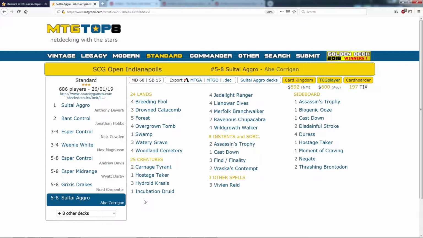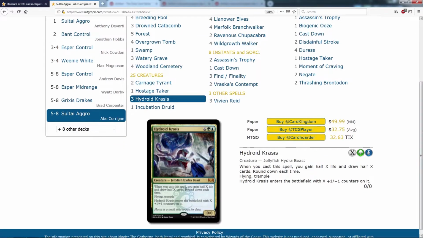So first off, we have Sultai Aggro. This is the Golgari package with blue splashed in for, what is it called? This one, the Jellyfish Hydra Beast. As I said, this was going to be a really big card, and it's proven in multiple tournaments now to be actually really good. I saw it quite a lot when I looked at the MTG Online tournament as well,